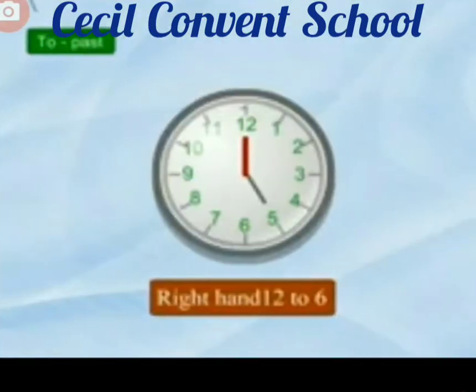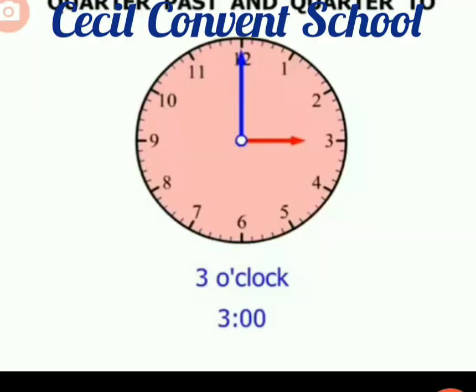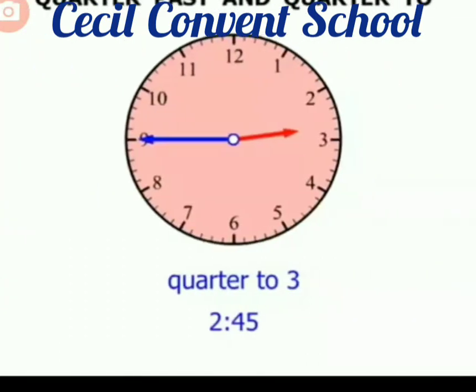Now students, see. As I already told you, the right hand side, 12 to 6, is considered past. Now understand how to write a time in 2 or 3 different ways. Here, students, we are able to write a time in only 2 ways. One way is 3 o'clock. Clear? When we ask anybody what is the time, when the minute hand is on 12 and the shorter hand is on 3, we call it 3 o'clock. Clear? And how can we write it in a second way? 3:00.